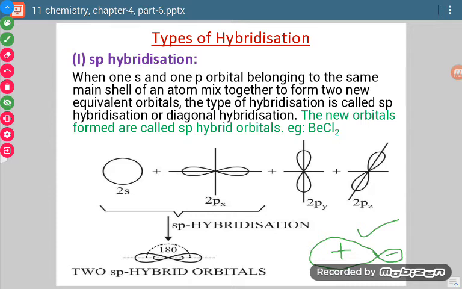Now those two orbitals will be aligned in such a way that there is maximum distance between them. Now see how we can write them. This is one, and the other we write this way. So one is in this direction and another is in this direction, and this is the internuclear axis. So there is a bond angle of 180 degrees. It is the same as in VSEPR theory for two bond pairs. If you remember VSEPR theory properly, then hybridization shapes will be very easy. So here two sp hybridized orbitals are aligned in this fashion with a bond angle of 180 degrees.